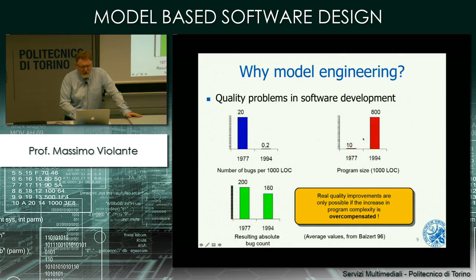increased significantly, from 10,000 lines of code in 77 to 800,000 lines of code in 1994. So you can see here that the number of bugs in terms of absolute count is nearly the same. So even if, starting from 77 to 1994, we have seen a significant improvement in the way in